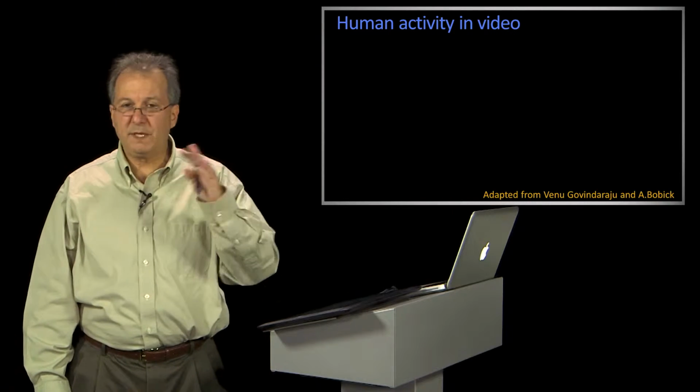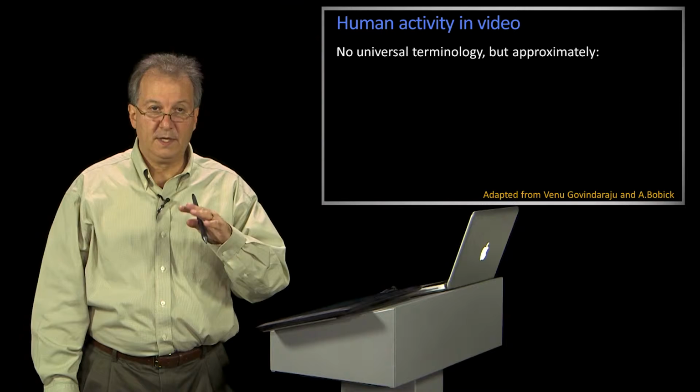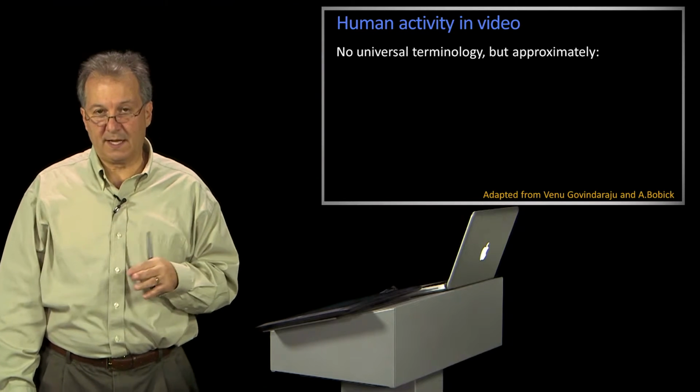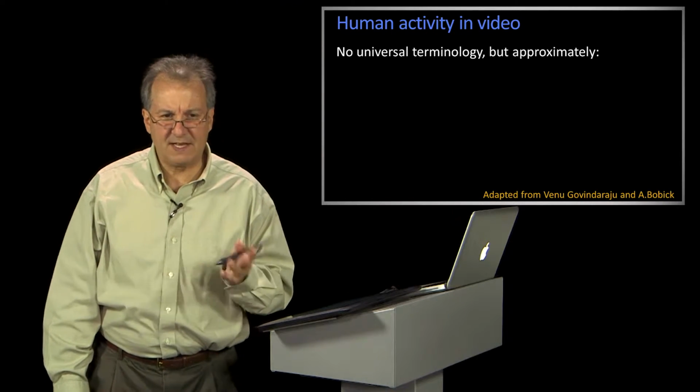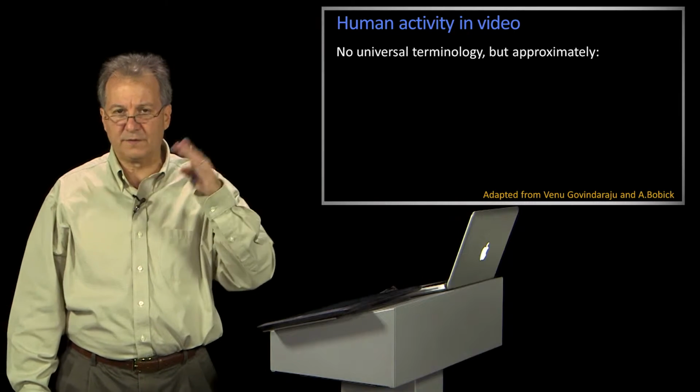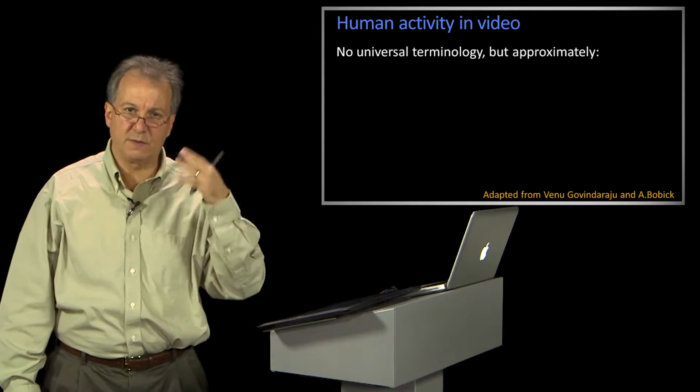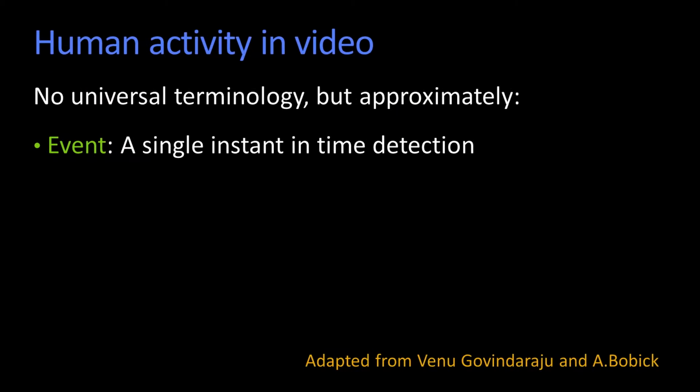There's a bit of a challenge in activity recognition in terms of terminology, and there's no universally accepted terminology, and some of this goes back to the 70s. Hans-Helmut Nagel first started talking about events and actions in history and things like that. Loosely, we're going to use the definitions that I have here. We talk about events, and the one thing about an event is it's a single moment in time, right? So the moment a door closes or something changes in the imagery,